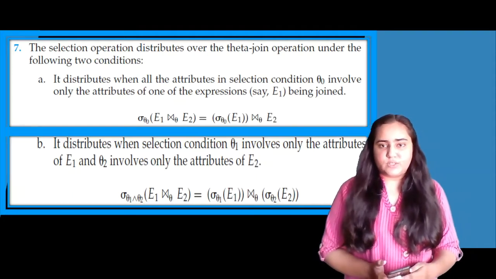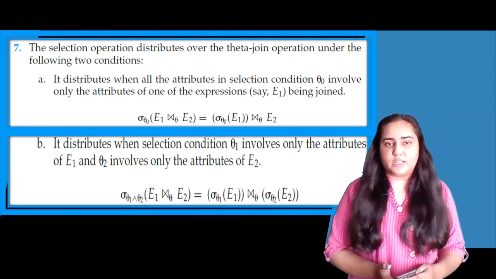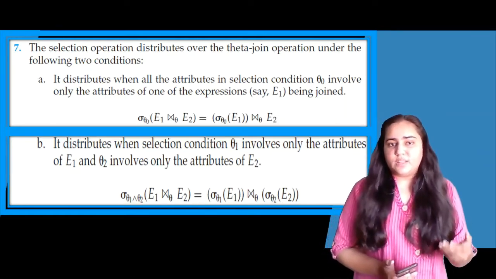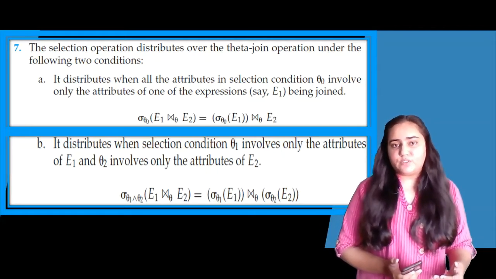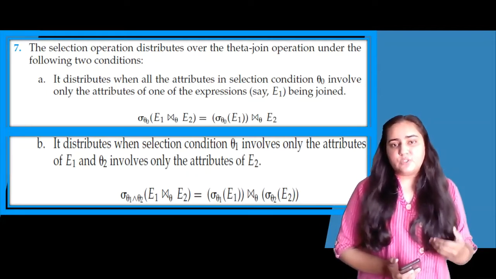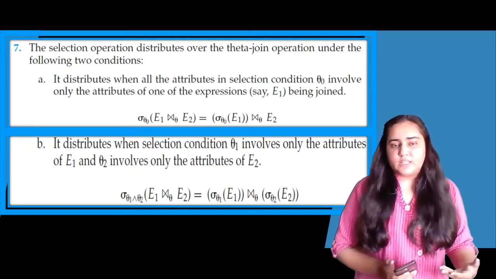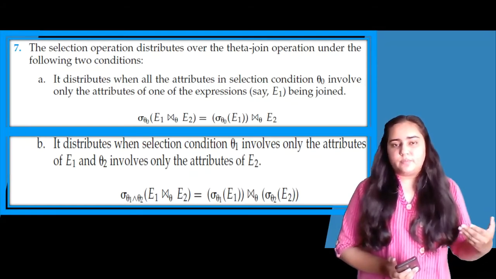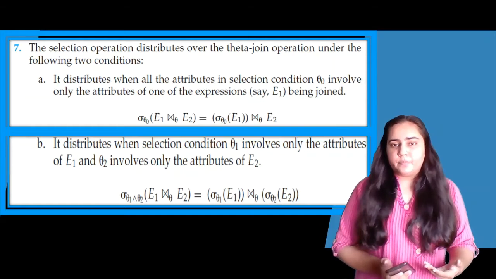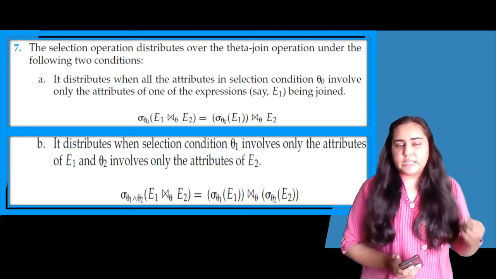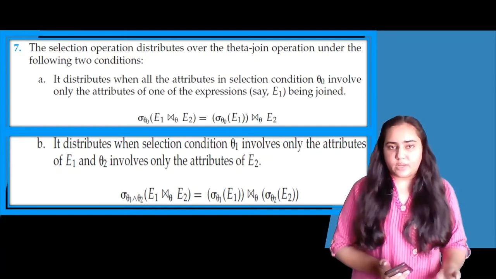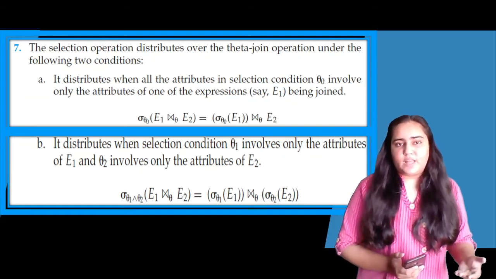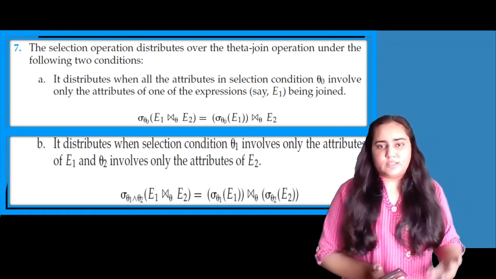The next rule, which is rule 7b, says that it distributes when the selection condition theta 1 involves only the attributes of E1 and theta 2 involves only the attributes of E2. So this time we have two conditions. On the left-hand side, you can see there is an operation sigma theta 1 and theta 2, which is applied on the theta join taken between E1 and E2. But the condition says that theta 1 contains columns of only E1 and theta 2 contains columns of only E2. So if you have this type of condition, then you can convert it into sigma theta 1